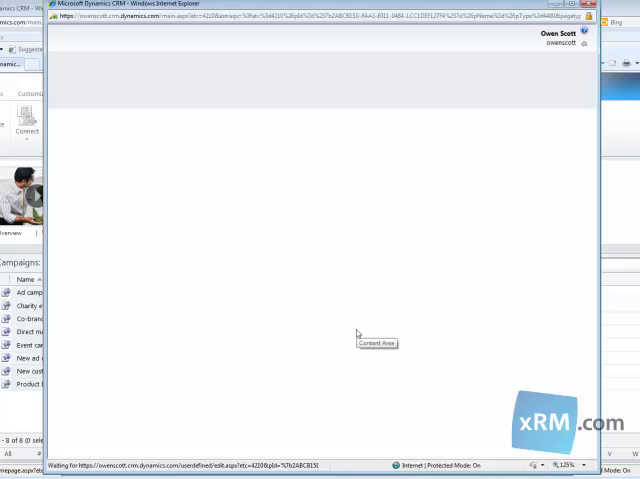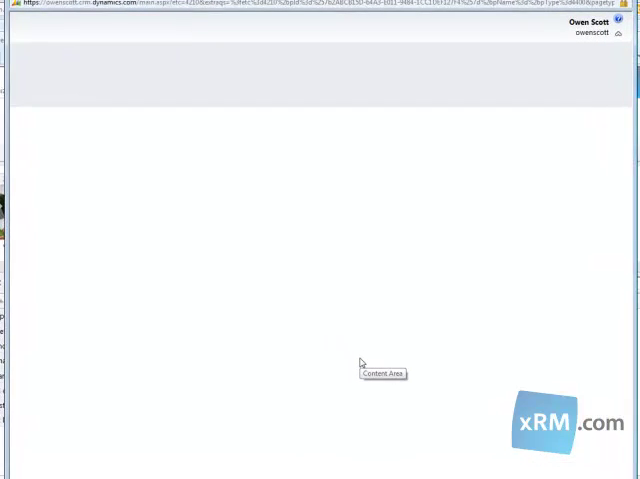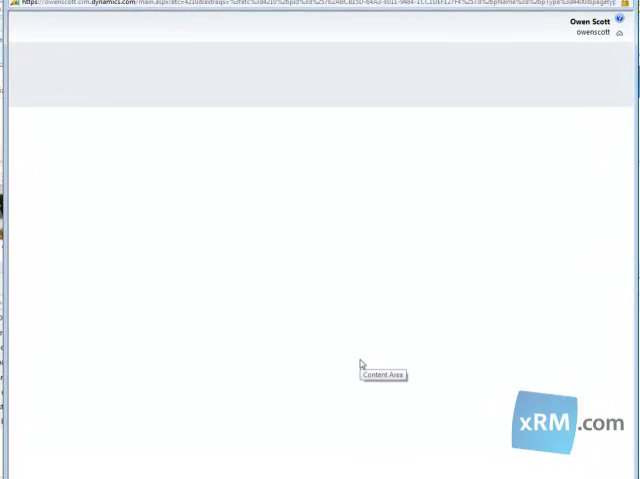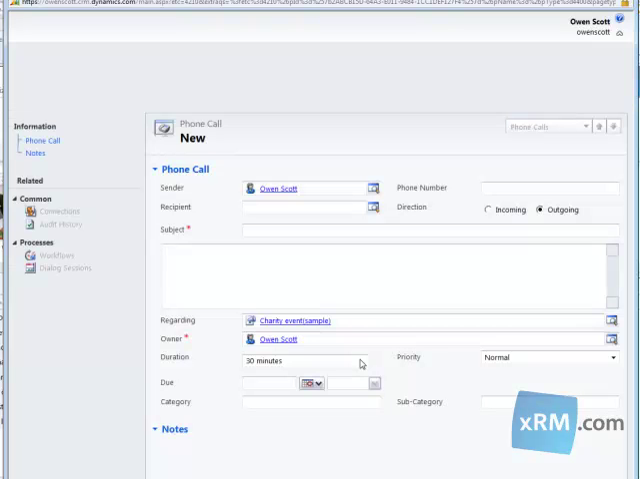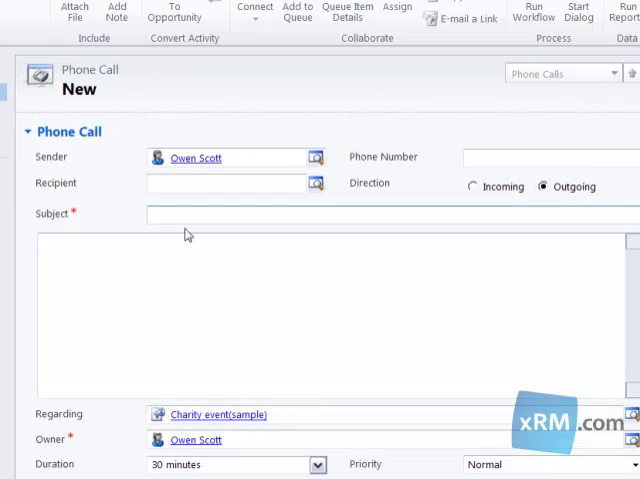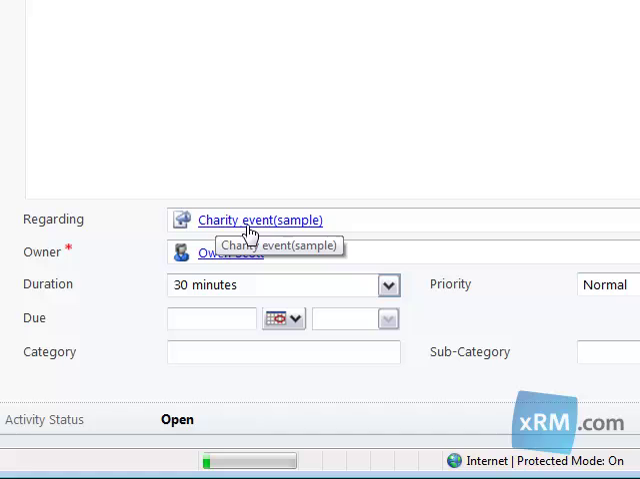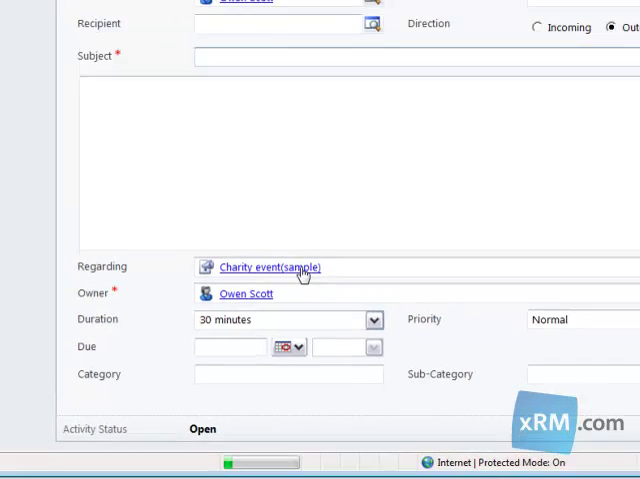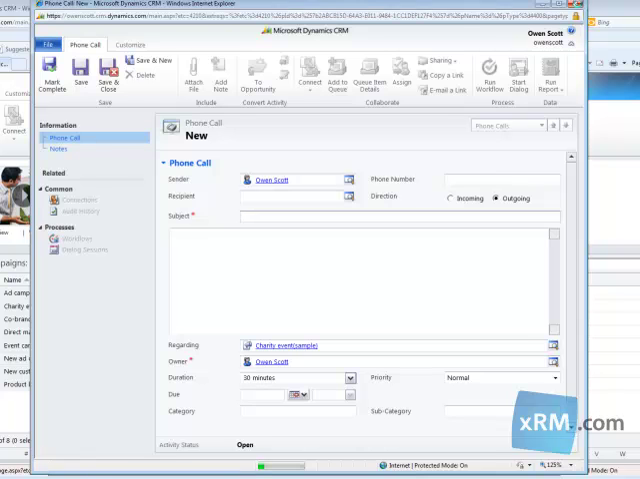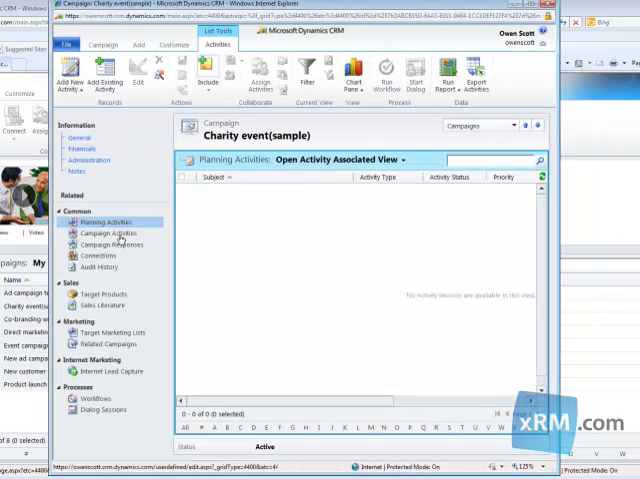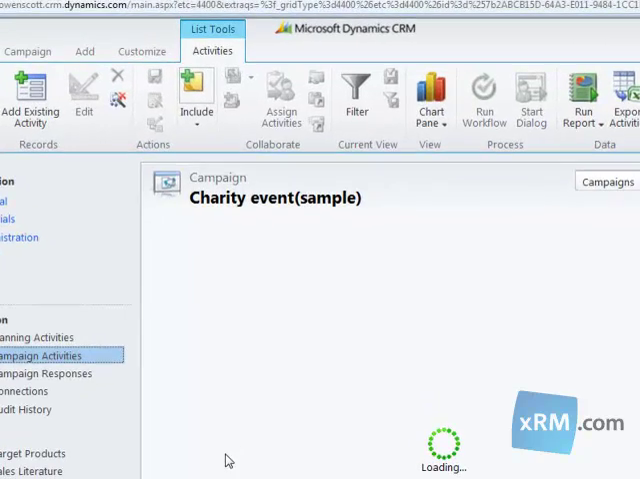You may make phone calls to secure a booth at a trade show. You may arrange for vendors. You'll notice that when you create planning activities, they're automatically regarding the event or the campaign itself. They would appear under planning activities. Campaign activities